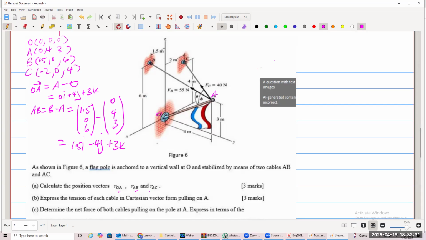Plus 3. Right. So you get the position vector there. So quick, how much do you get, some mark there? 1 mark already. And AC, come on, think. And AC now would be